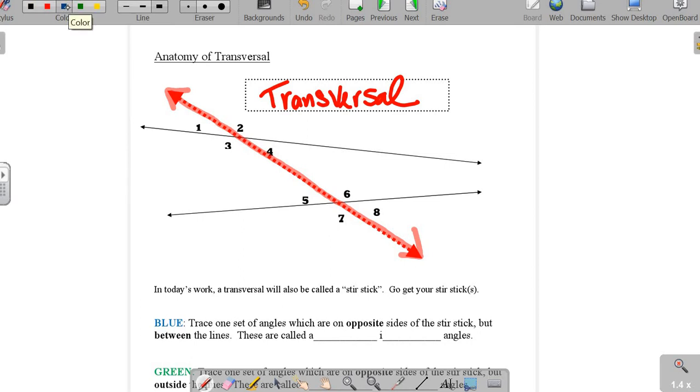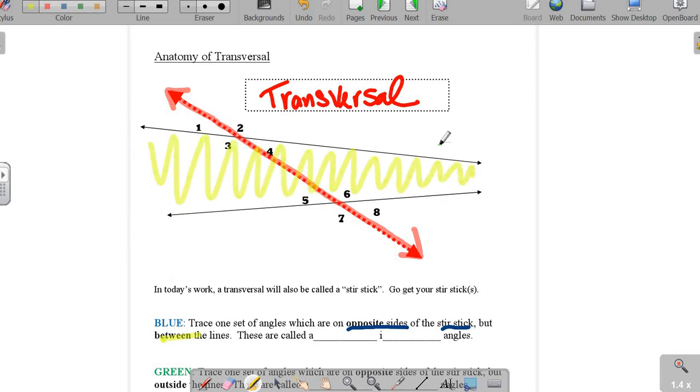First off, sets of angles which are on opposite sides of the stir stick or transversal, but between two lines, in this yellow space, are called alternate interior angles. An example of pairs of them,